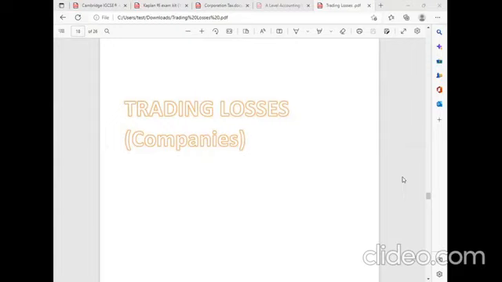Companies don't have tax here. They are taxable as per their TTP, and TTP is based on their accounting year, accounting period, and 19% is fixed. So there is no basis period for companies. For individuals, we have the opening year, the ongoing years, and the last year. That's why individual trading loss took a lot of time to complete.